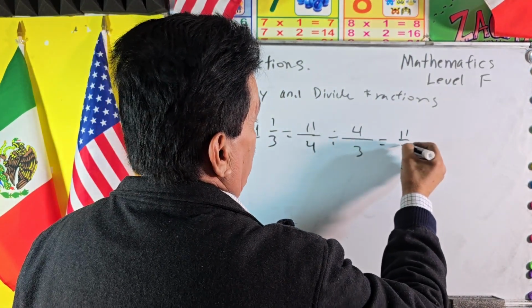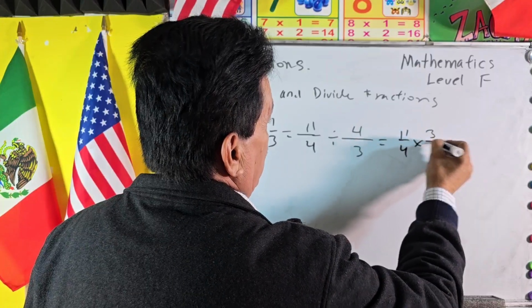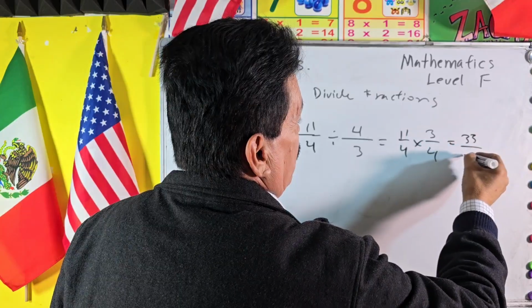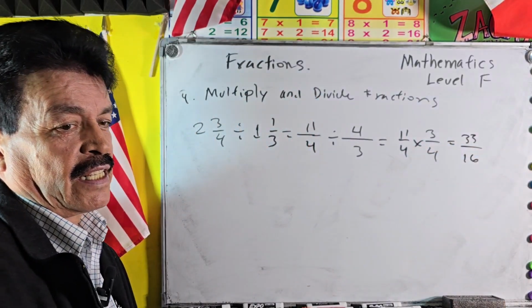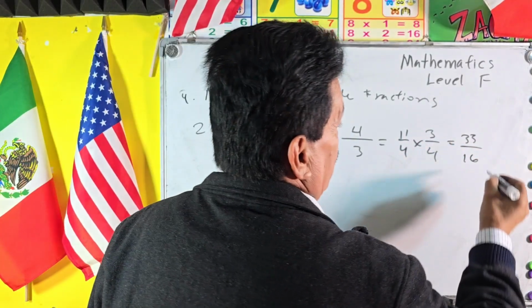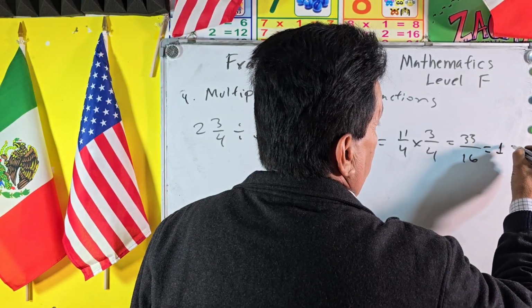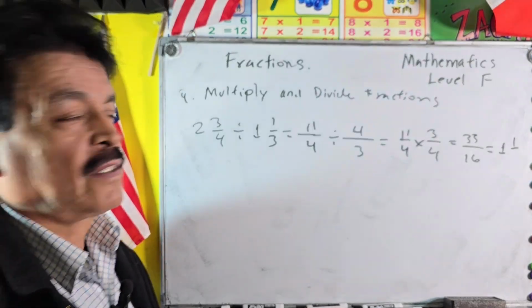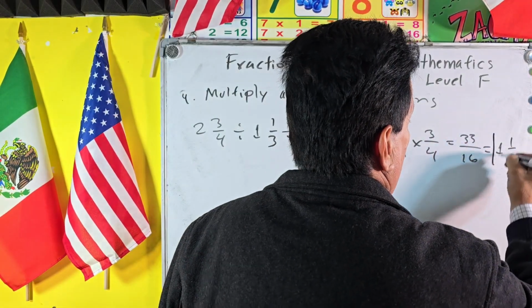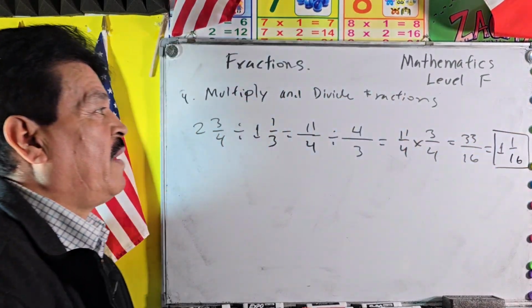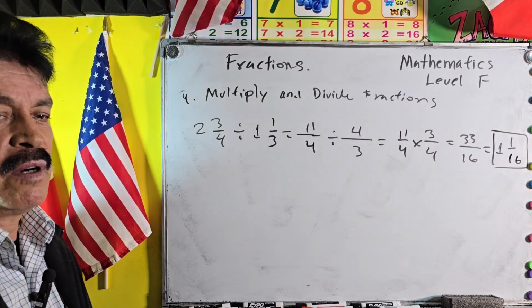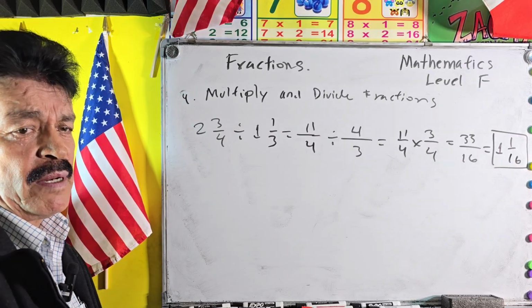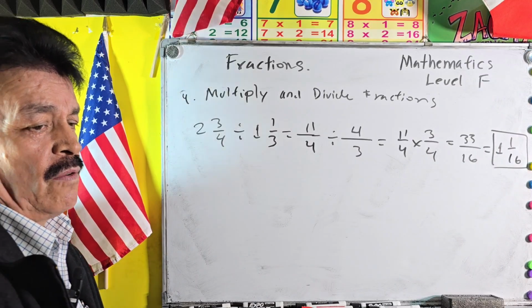This equals 11/4 times 3/4. Switch the number, and then it's 33/60. 33/60. Then you want to simplify it, reduce it to the minimum number. And then we have problems like, for instance,